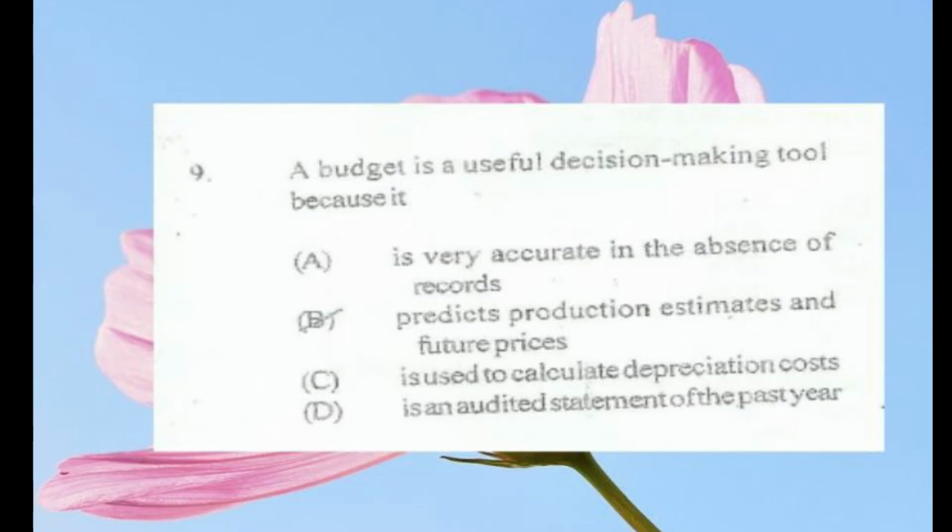A budget is a financial plan. It's a plan of inputs and their cost, outputs and the income, and also it shows you profit, loss, etc. But it is just a plan. It's not to say that the business is going to work perfectly with the budget. The budget is just a plan.